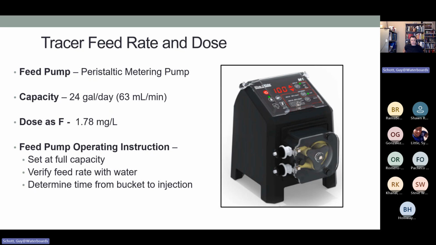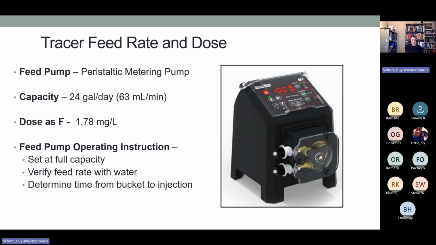Just ensure that it's pumping pretty close to 63. It's not like 23 or something else. Then we need to know how long it takes to pump from the bucket to the injection line. I don't know what size of line you're going to use, but we need to know if it takes 30 seconds or a minute to pump from the bucket to the injection line,